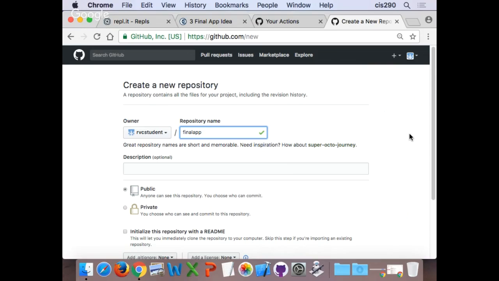That's fine. Cool. All right, so final app, looks like everybody got that typed in. As soon as you type in final app, make sure it's public. Check mark the initialize this repository with a README. If you've already went further than that, I can show you how to do that in just a second.